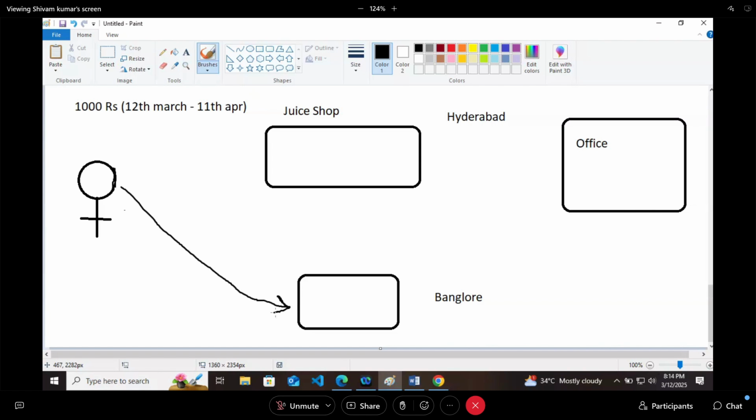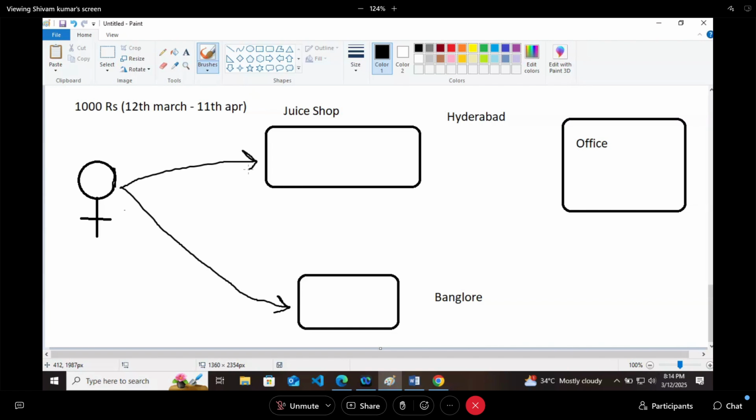Wasted. Let's say I have spent my days from 20th March to 10th April in Bangalore only due to some work. My entire subscription wasted. I came back and I went to the normal juice shop and I talked to the manager, that yeah, your same juice company is there and I'm not able to have the juice.